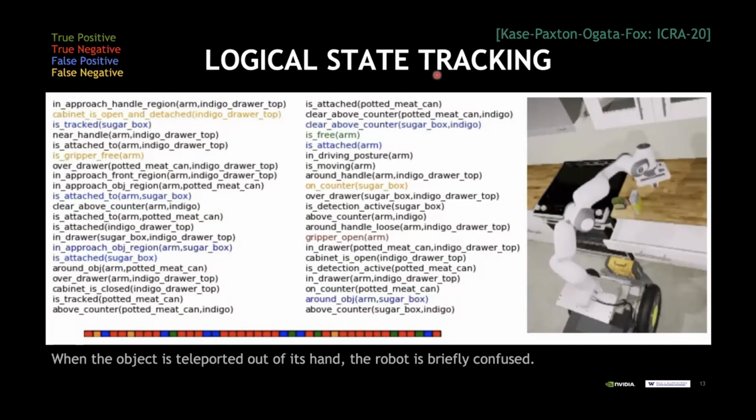The detection system now has to detect that the underlying state is different from what it had expected. And as you'll see, as I will keep on playing this animation, you will see that it correctly detects these erroneous states, and then the planner can replan and appropriately realize that it actually has to go back to the sugar box and grab it again. Okay, so you will see this now.